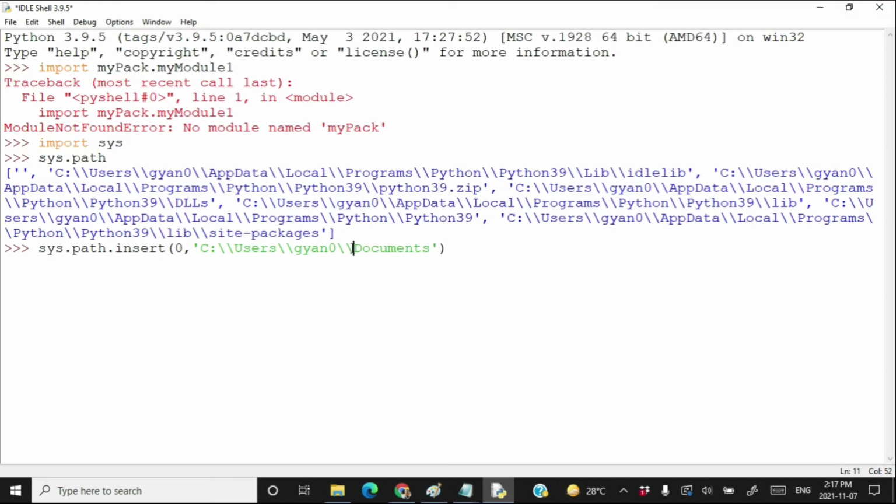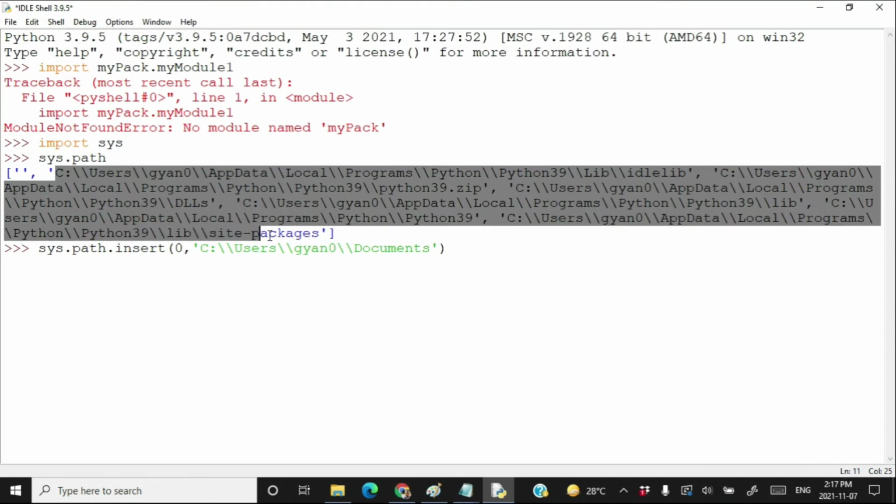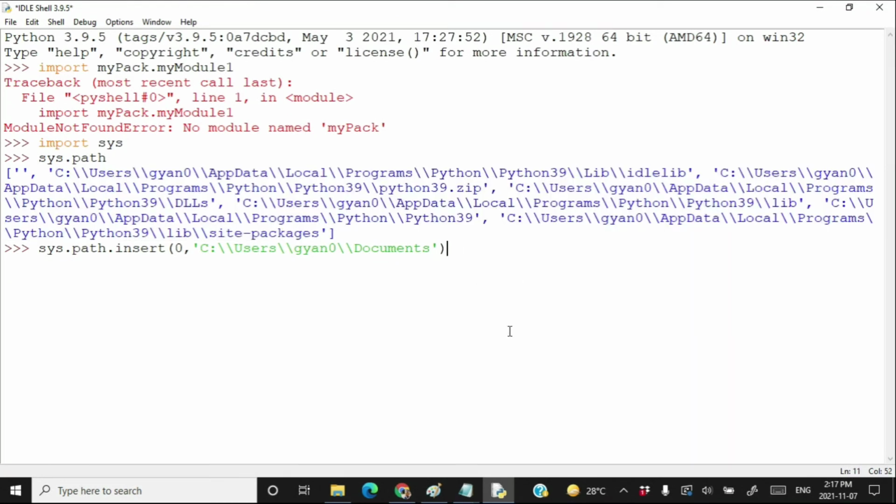Therefore, one backslash should be backed with another backslash. And this is what I am writing here. There are two backslashes everywhere. Even in this list, you can see here, instead of using just one backslash, we have two backslashes. So press enter.